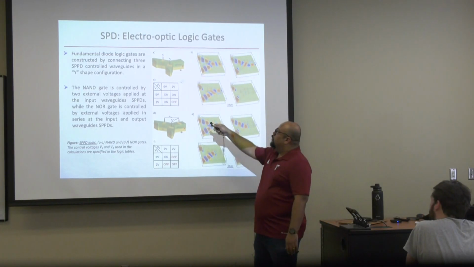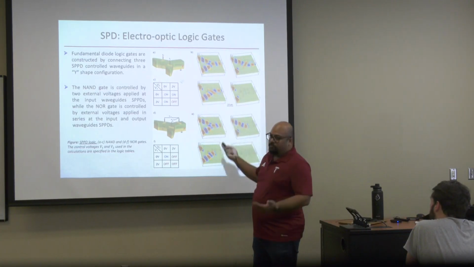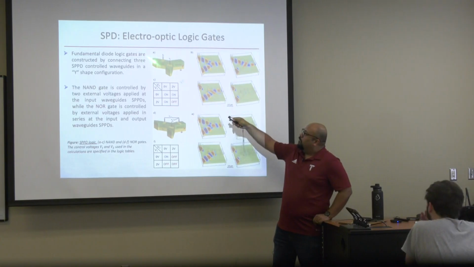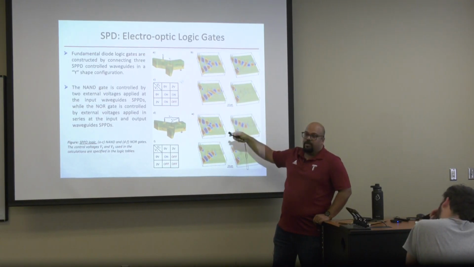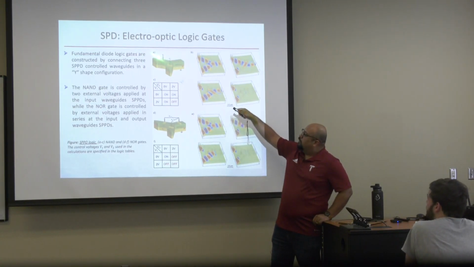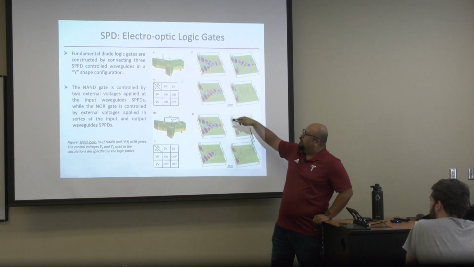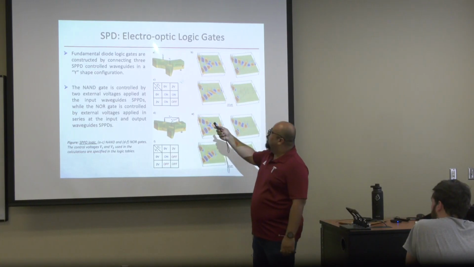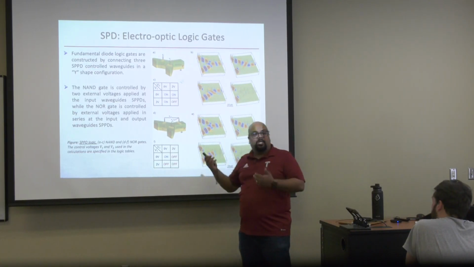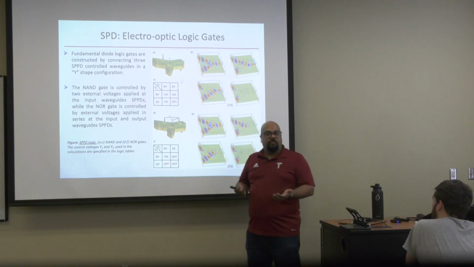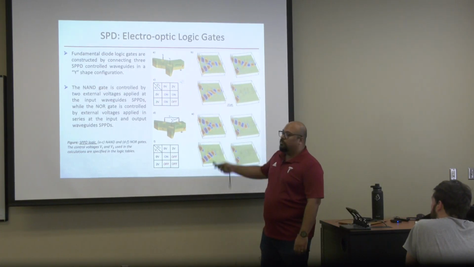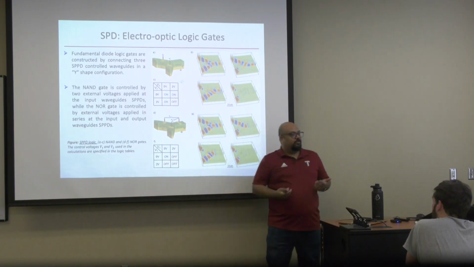So we have used our waveguide. Wave is guiding, so it's a waveguide. A plasmonic waveguide, and we have structured it into a Y shape. When we do the Y shape and give voltages on the Y structure, by modifying V to be higher, or V1 to be higher, or V2 to be higher, we can play with the V1 and V2 voltages, and you can get the entire truth table of on and off of the logic gates.